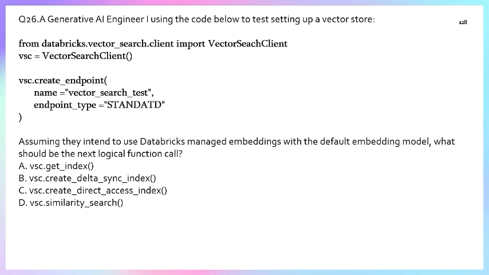Question number 26. A Gen AI engineer is using the code below to test setting up a vector store. From the databricks.vector_search.client import VectorSearchClient as VSC, which is a variable, a vector search client object, and VSC.create_endpoint with the name vector_search_test_endpoint and type standard. Assuming the intent is to use data with managed embeddings with the default embedding model, what should be the next logical function call? So for this,